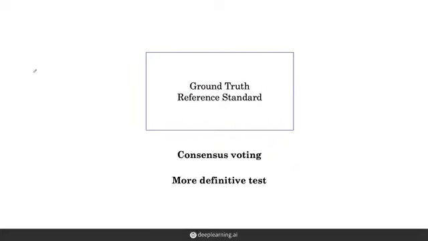We've now looked at two methods to set the ground truth or reference standard: consensus voting and having a more definitive test. With the second method, the difficulty is that we might not have these additional tests available. Not everyone who gets a chest x-ray gets a CT scan, and not everyone who has a potentially suspicious skin lesion gets a biopsy. Thus, having a reliable ground truth with an existing dataset often has to use the first method of getting a consensus ground truth on the existing data, which is the strategy that many medical AI studies use.